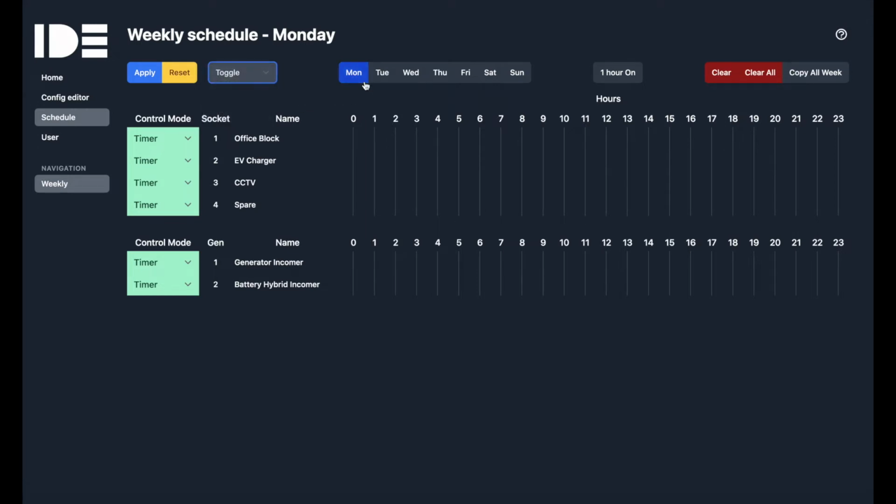select profiles by individual days of the week, or copy your range across every single day in the week. There is also a 1 hour button. This functionality enables all sockets on the board to go live when you press the button. You can also clear by individual days or clear all across the week if you've made a mistake or want